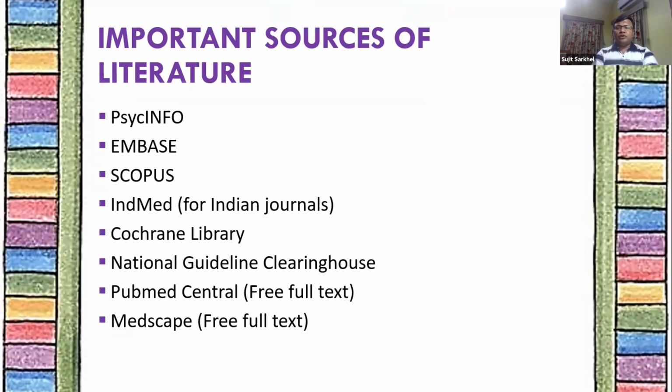Another important thing I forgot to mention, it is always better before conducting a search to sign up and register for both PubMed and Google Scholar, because that way you will be able to save your searches, email, and have some additional benefits and functions. You can actually make an alert so that articles on a particular topic can actually come as an email alert. So it is always better to sign up for these two databases before conducting your search.